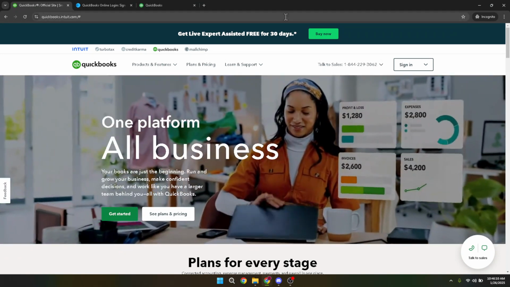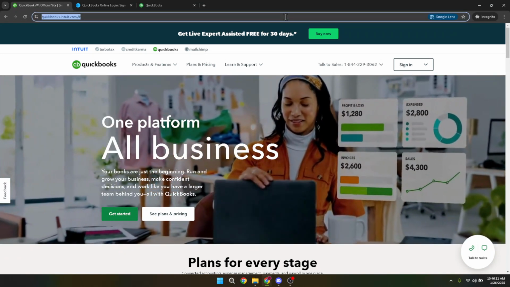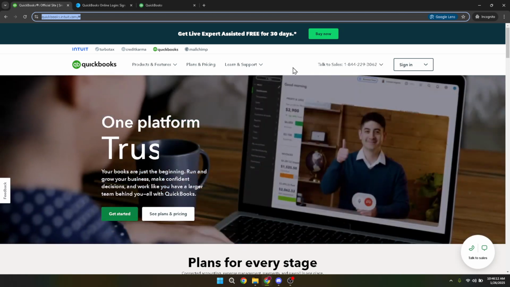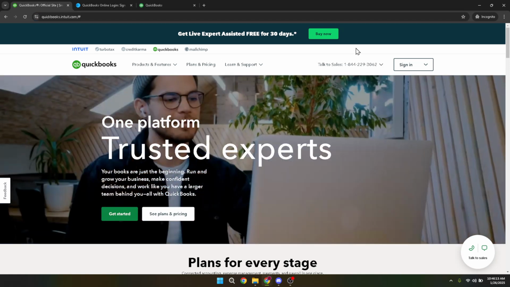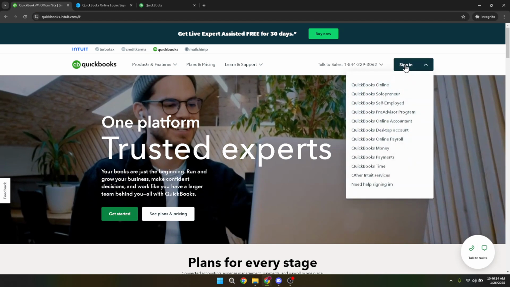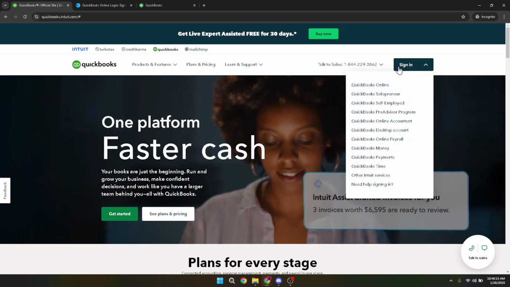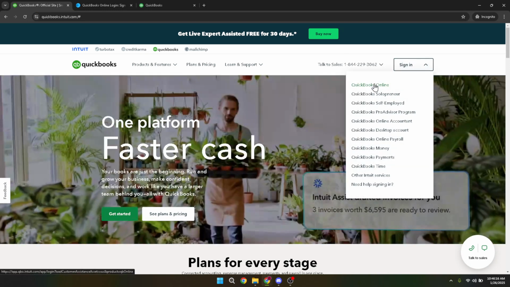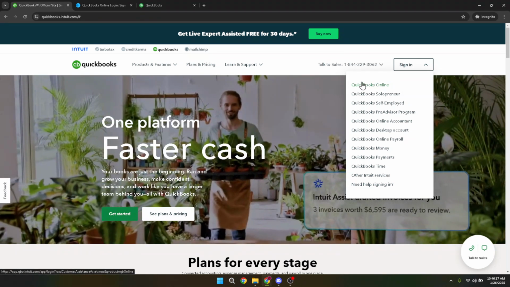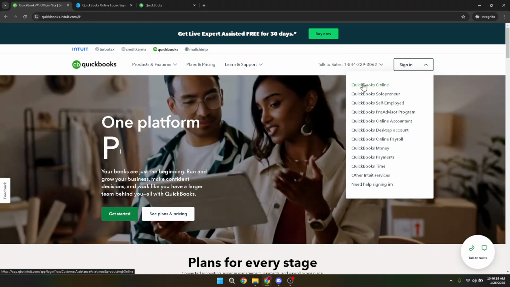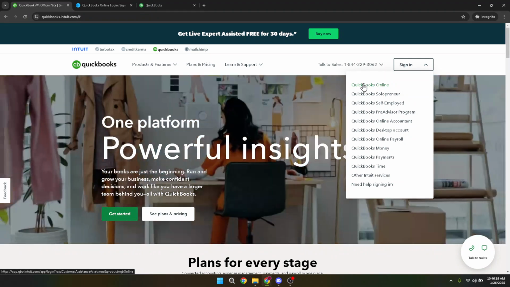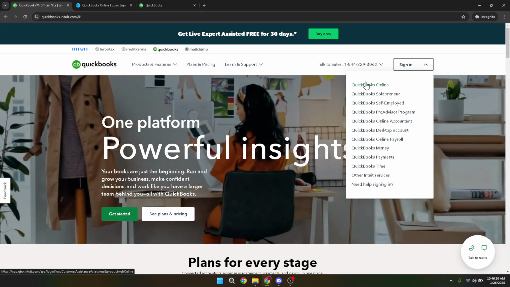First, you'll want to begin by signing into your QuickBooks account. Open your browser and head over to the QuickBooks login page. Click on Sign In to access the portal. Once you're there, make sure to select QuickBooks Online from the available options. This is important because QuickBooks provides various services, and choosing the correct one ensures you're in the right place to make the necessary adjustments to your journal entries.